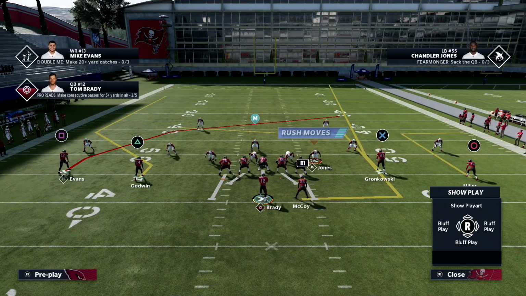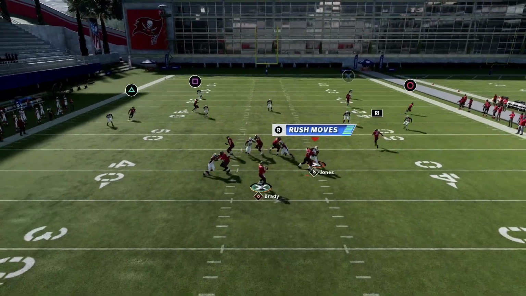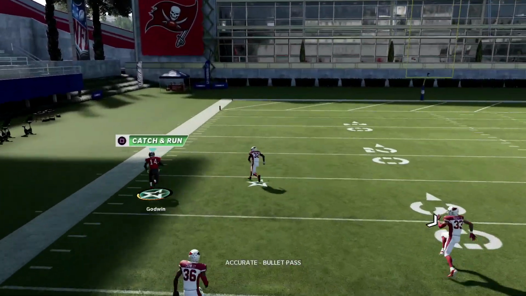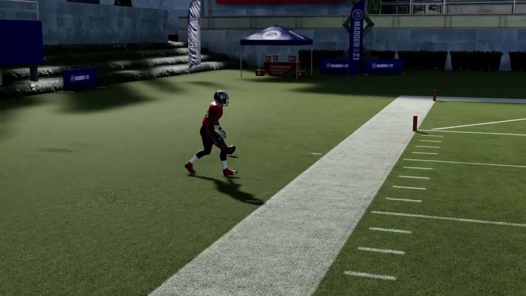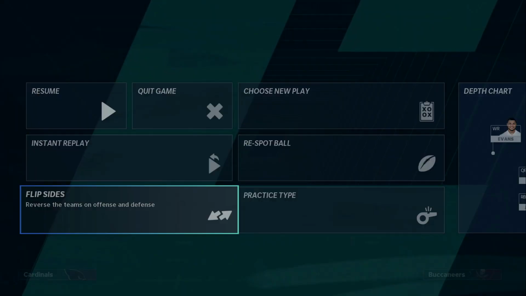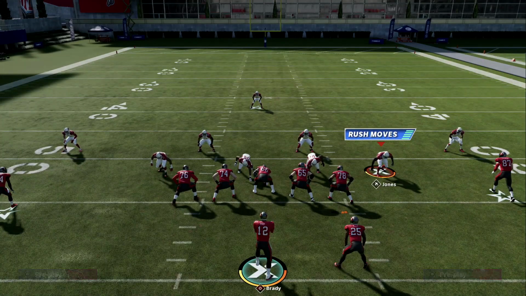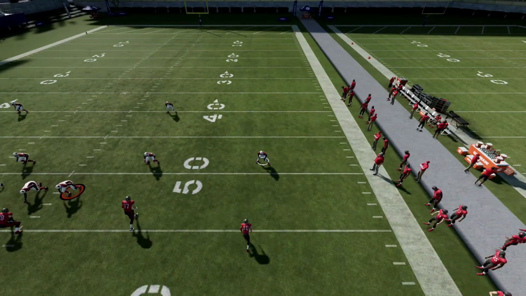But this is the very last read, and I can't emphasize enough that you need to make sure you go through your reads properly. Don't just think, okay, it looks like they're in a cover 2, let's hit them up with the cover 2 bomb. Okay, so don't try to squeeze that in. Go through your reads, which once again, your first read, reading this corner,